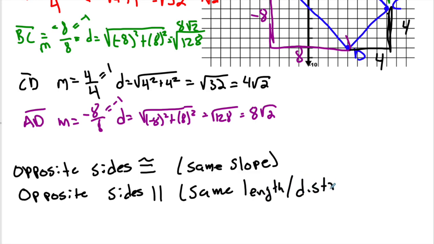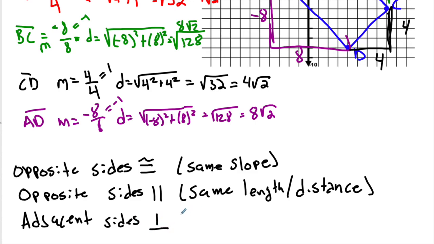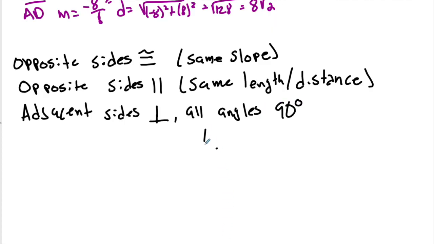And again, there's work to show that. And adjacent sides are perpendicular, so all angles 90 degrees. And why do you say that? Because of opposite reciprocal